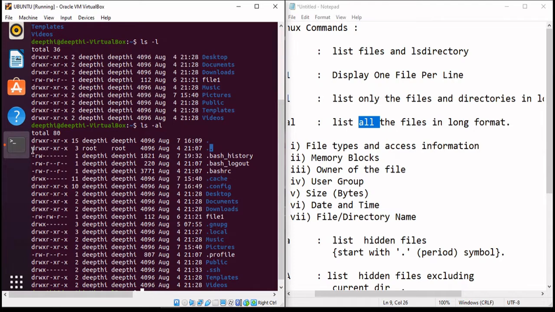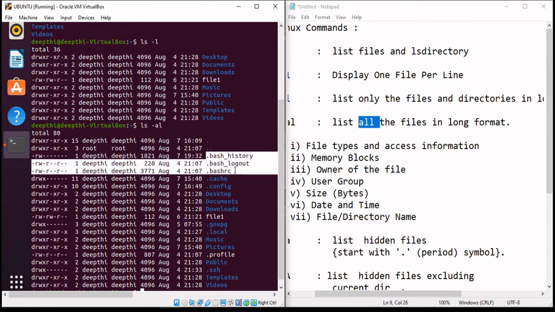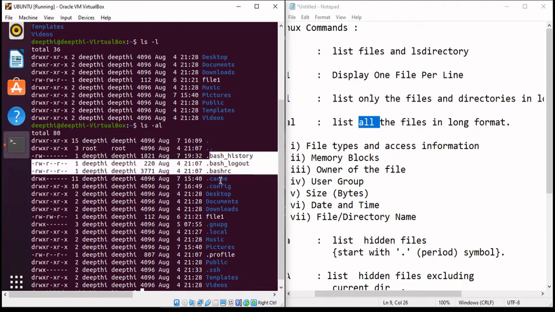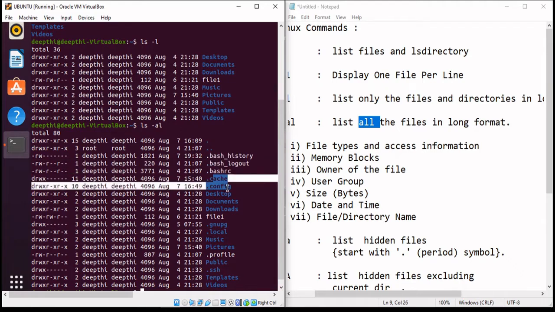And here also in the permission part, both of them, the initial is starting with D, representing that they are directories. Now coming to this, all these three are hidden files. The first thing is that they are denoted by white color. Secondly, here you can see that all of them are represented by a hyphen. And thirdly, whatever files or directories are starting with this dot represent that they are hidden. So this is a hidden file, and these are the hidden directories, right?